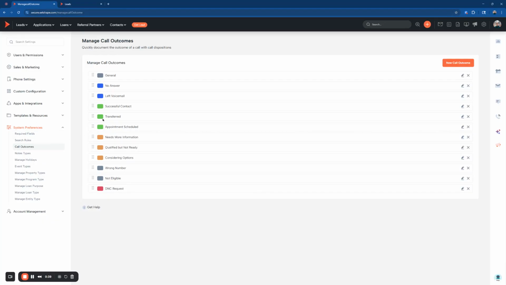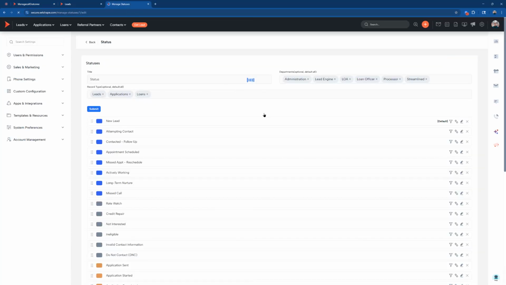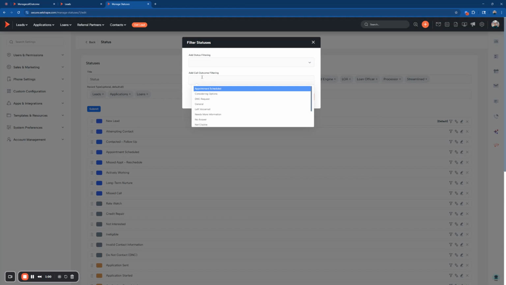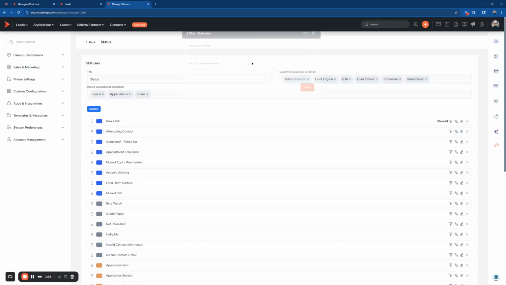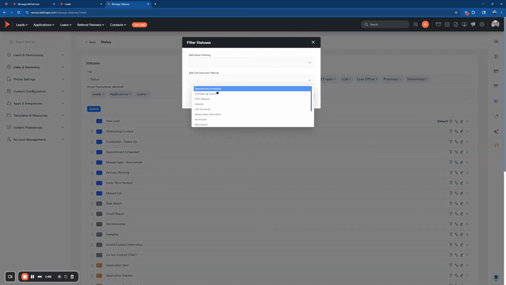Another great feature of how these interact with statuses is in manage statuses. If you haven't dug into this already, there will be a few different options here on the right, and one of those is going to be filter. So when you hit a filter on a status, what you can do is add a call outcome filtering on top of the status. All that means is if they're in this status, then they can only select from these